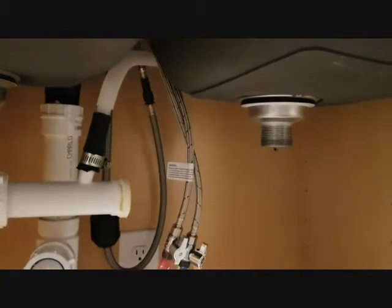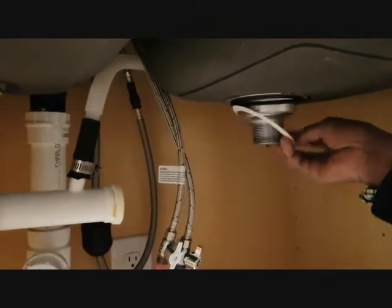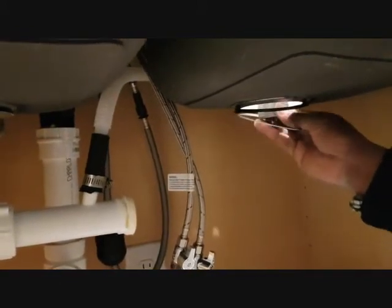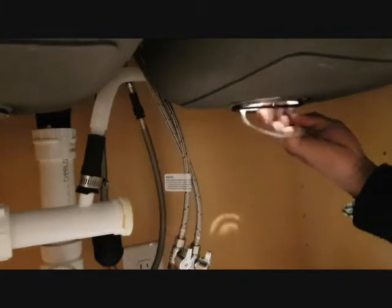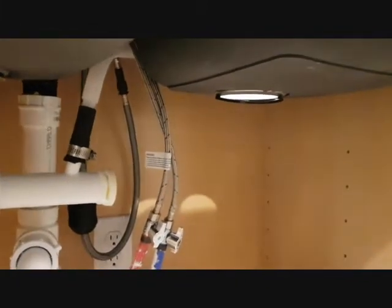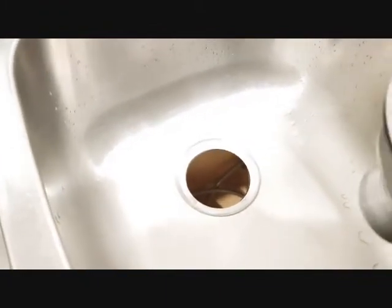Keep this here. Now you can just take a note of all these. You can reuse some of these so that it seals the water. Okay, now we have this one out. So you can set this one on the side, and then